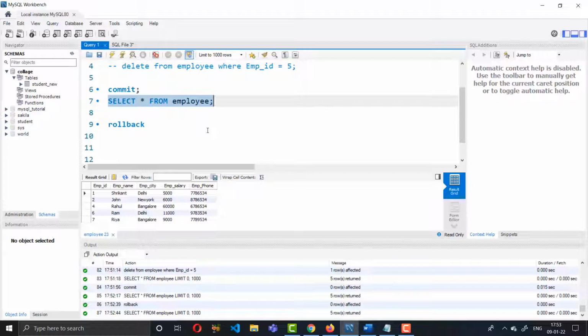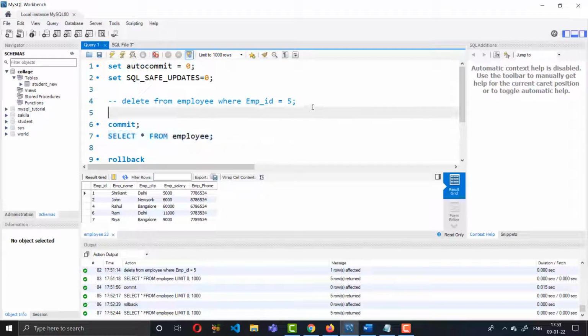If you have committed your data, it will be saved, and if you try to roll back, you will not be able to recover those changes. I hope you get the idea of how commit and rollback are used. You can delete the data or update the data. What kind of operation you do is up to you.